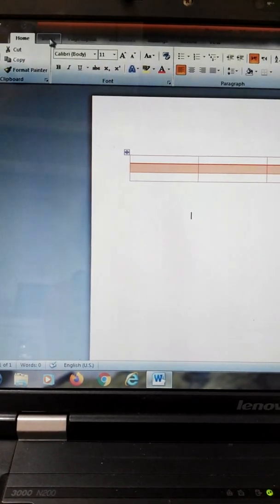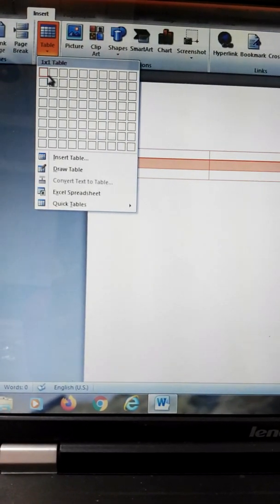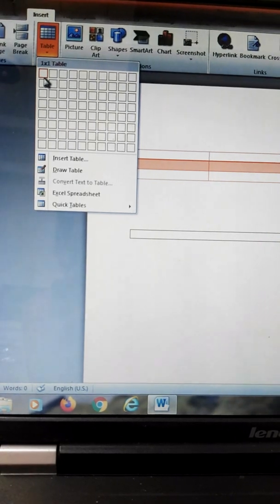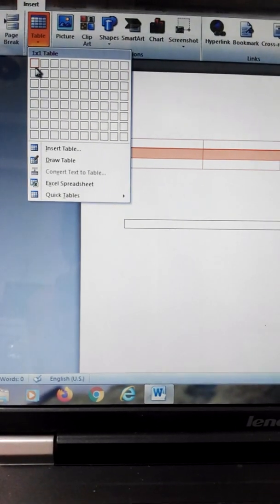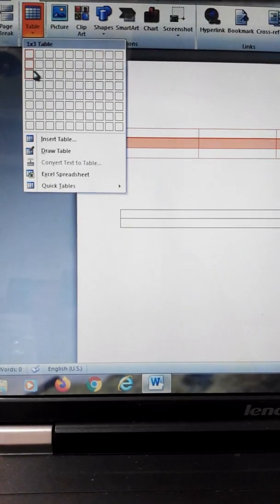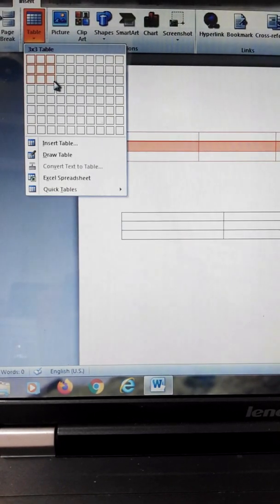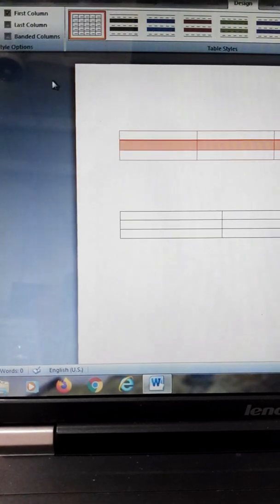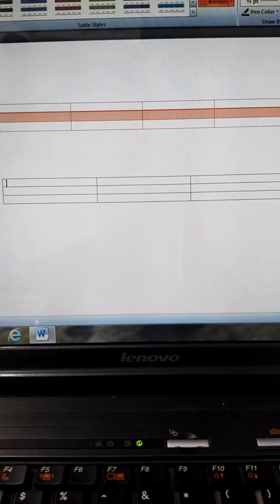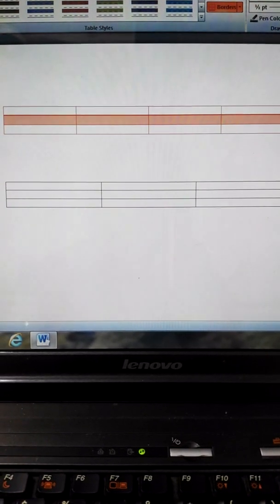Now I am going to click on the Insert tab, and from the table group I am going to choose the table option, and now I will select the number of squares that we want to insert in my table. Here you can see I have selected 3 rows and 3 columns of squares, and now you can see here a table with 3 rows and 3 columns gets inserted in front of me.